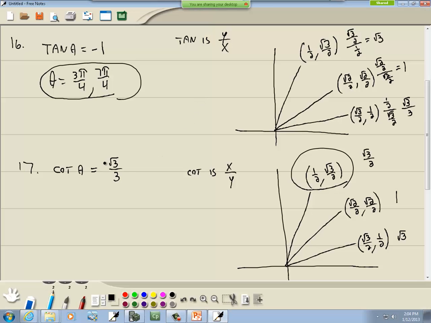Now, specifically in this one, this is equal to a positive. And the only time this is positive is when the signs are the same. Because remember, a positive value over a positive value gives you positive. Negative over a negative gives you a positive. So if we go around our unit circle,